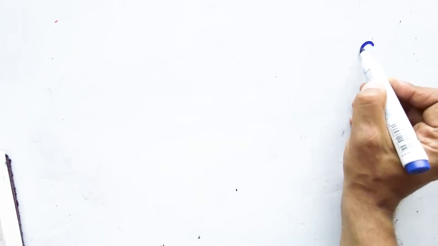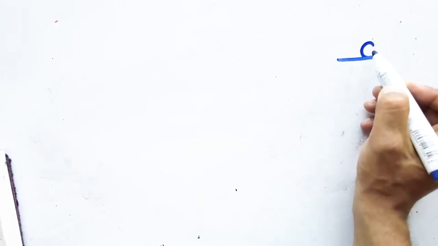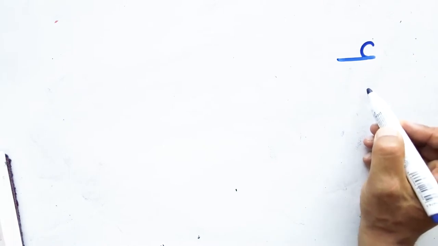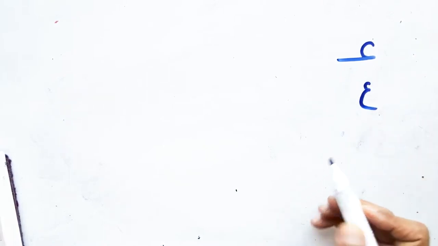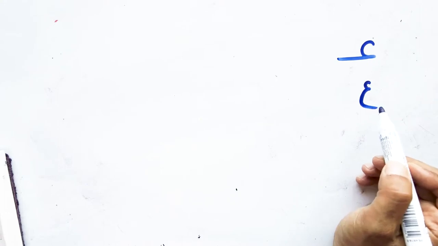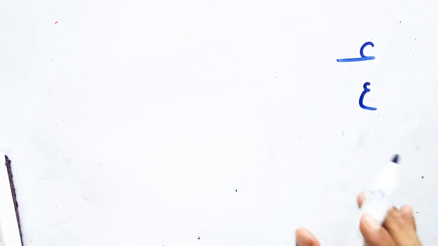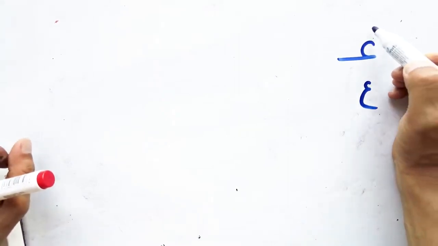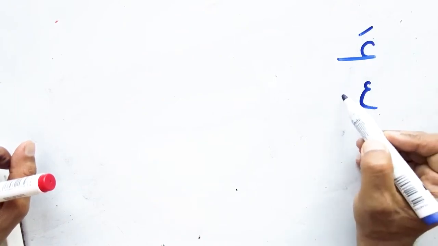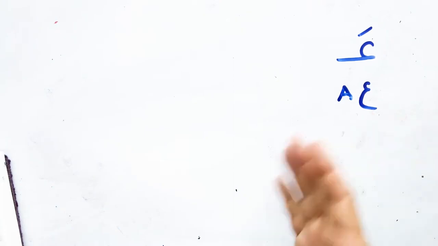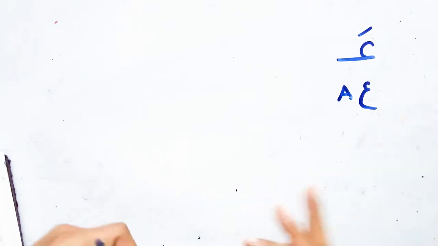عطس فحمد. Let's check. This letter, its sound doesn't exist in English, so I'm gonna write it as it is. It is ah, it's not a. It's not a big point if you can't pronounce it right now, but try to train it and you'll be able to do it in the future. This mark on the top sounds like A. Don't forget, I write English from the right to the left like Arabic in my classes.